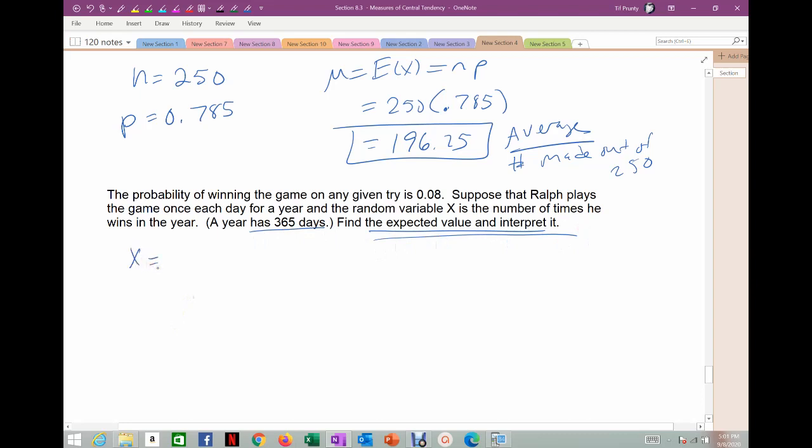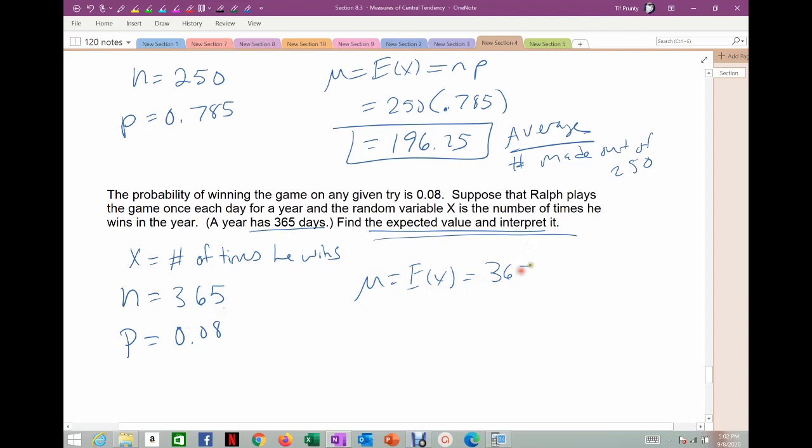Alright, so again, there's only two things that can happen. He's going to win, 8% chance, or he's going to lose, 92% chance. Okay, X is going to count the number of times he wins. N, he's trying every day for a year, so 365 times. Probability of success is 0.08. Probability of failure would be 0.92, but again, we don't need it for this problem. So we would expect him to win on average, out of 365 tries, 8% of the time, and so 365 times our 8% comes out to be 29.2